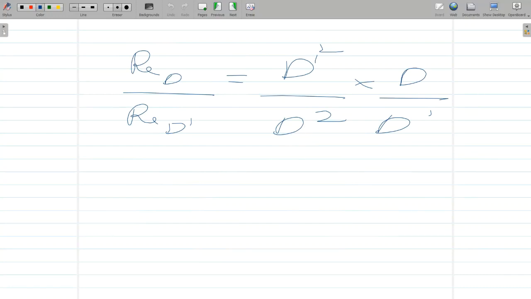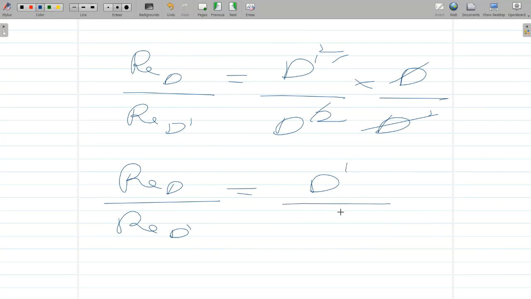So I can cancel out this guy, D prime I can cancel out. So Reynolds number of pipe with diameter D divided by Reynolds number of pipe with diameter D prime is equal to D prime by D. All right, let's keep this result in mind, and then let's try to use the same result